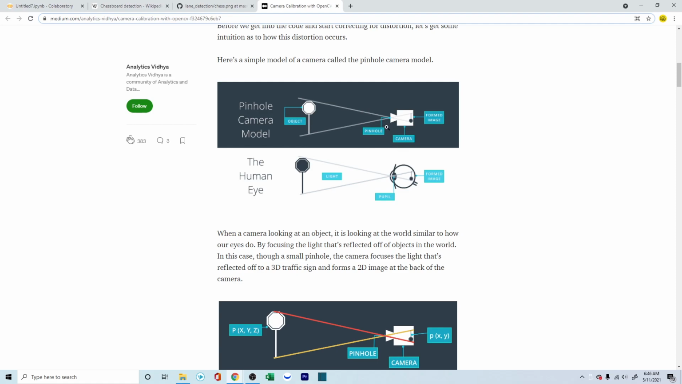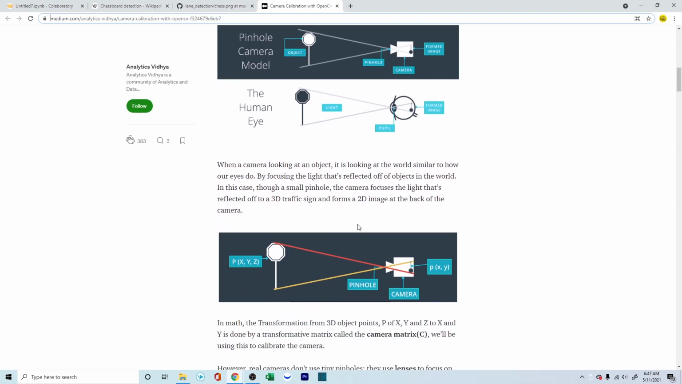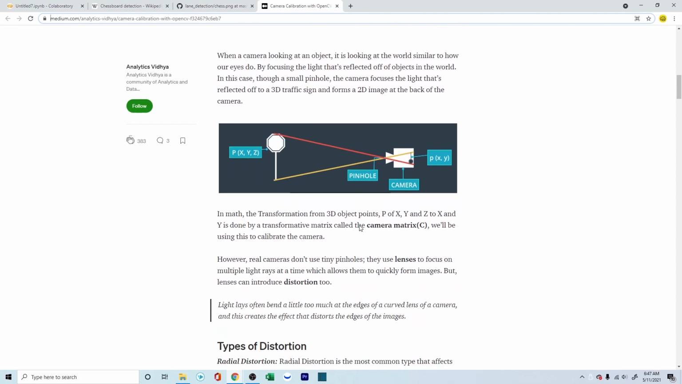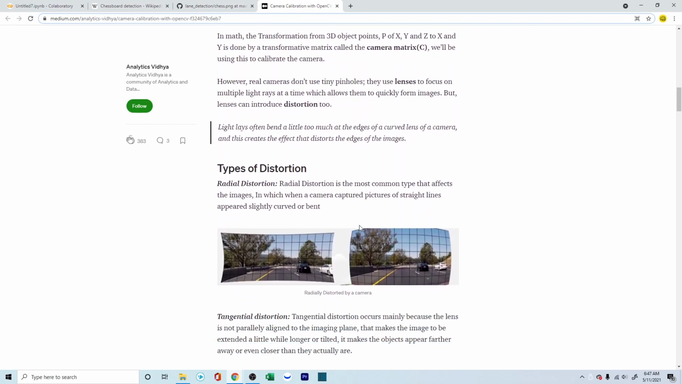However, a camera is dependent on one pinhole lens, which is just taking the image of the object that's in front of us. But anything which is on the curvature or on the sides of the camera, it becomes very difficult for the camera to capture the exact perception of the object. So what happens is it ends up in something called distortion,